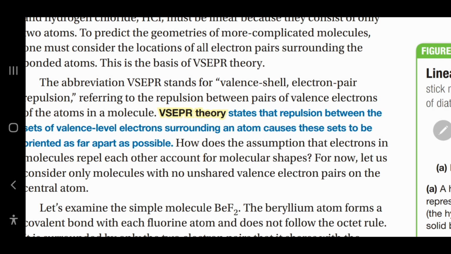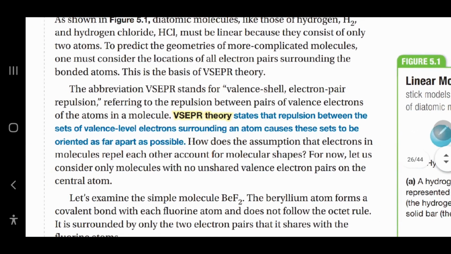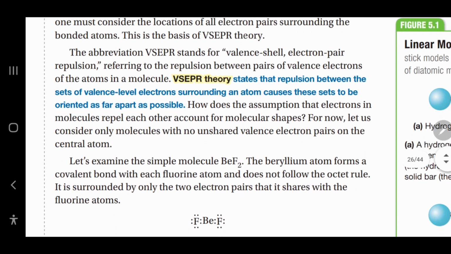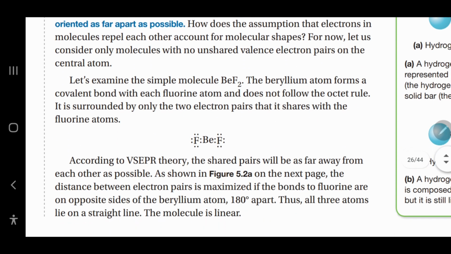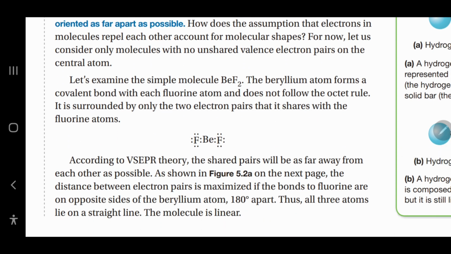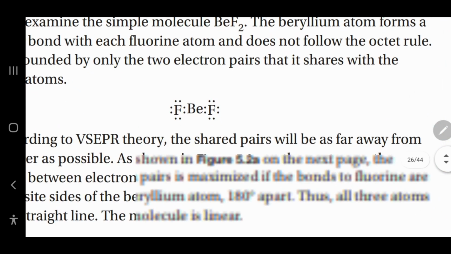So here we're going to use this theory, which is talking about repulsion between electrons, to predict the shape of the compound in 3D. As a start, we will start with the basic compound BeF2, which is beryllium connected with